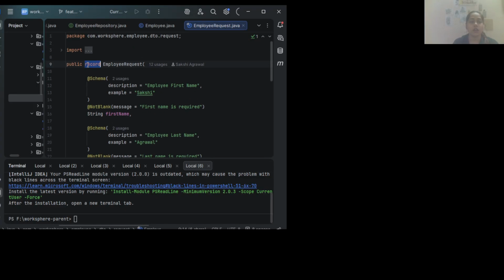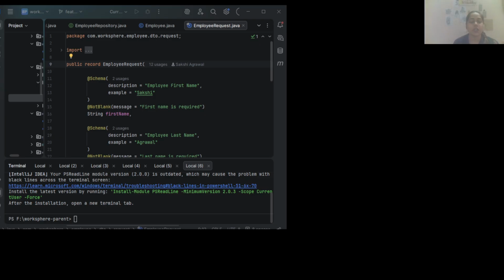All our other classes, like controller, service, entity and repository, are classes, but these DTOs are records. Why we are using records, we will see in an upcoming session, but I can give you a little thought about it. In the project we use Java records because they are immutable, concise, and reduce boilerplate code.